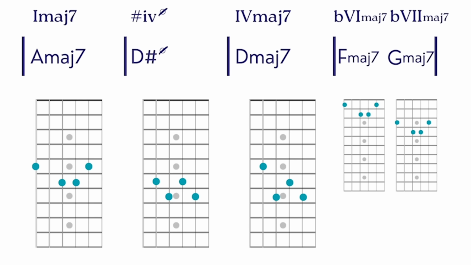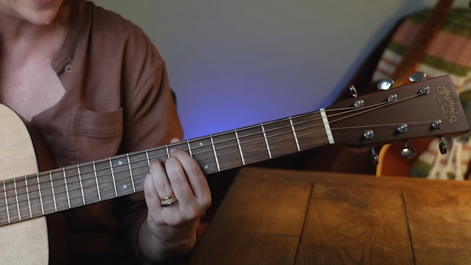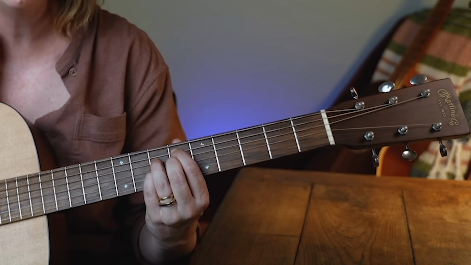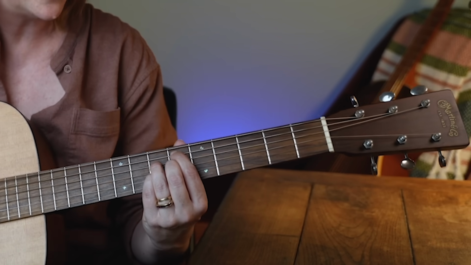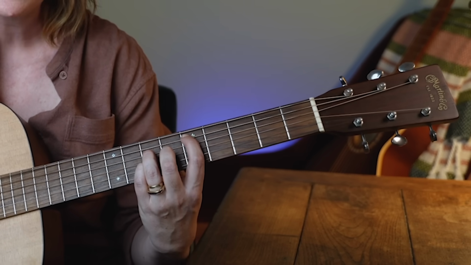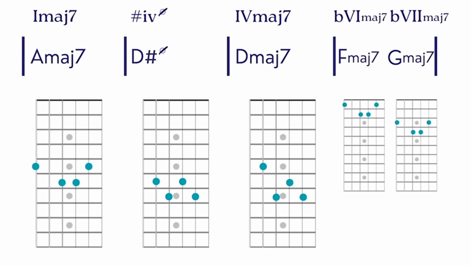So we start this chord progression on an A major 7. We then go to a D sharp minor 7 flat 5, also known as a D sharp half diminished chord. This is a really cool shape to play that chord in. And the really amazing thing about this chord shape is that all I need to do is move this one finger down a fret and I end up playing the diatonic 4 major 7,